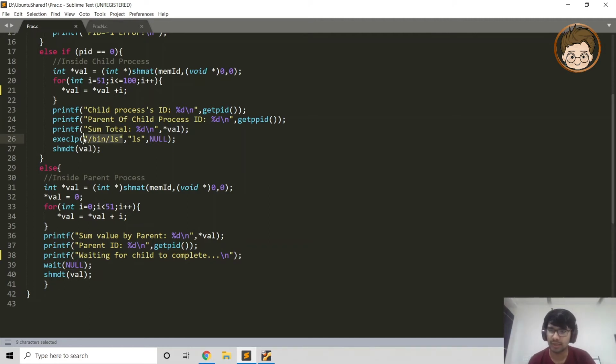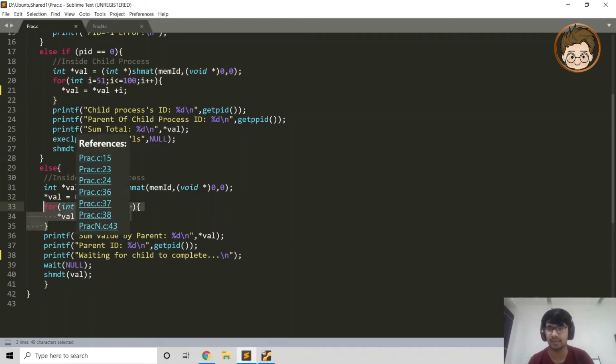So what this is, in Linux, if you go to the bin folder, then inside that there is an ls program, that is the same ls that we use in the terminal to print out whatever is present in there. So that's the same ls command. So this execlp will basically be running an ls command onto the screen. So this is an IO bound process, and whatever this is doing, that is a CPU bound process. Now all of this will run in parallel.